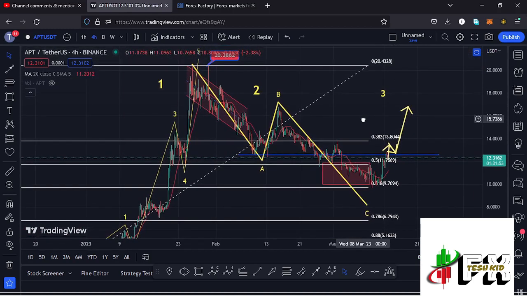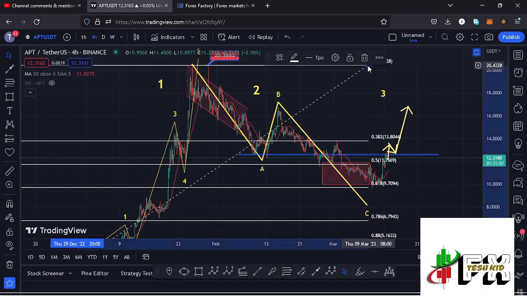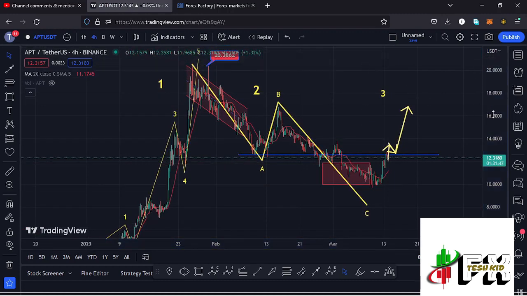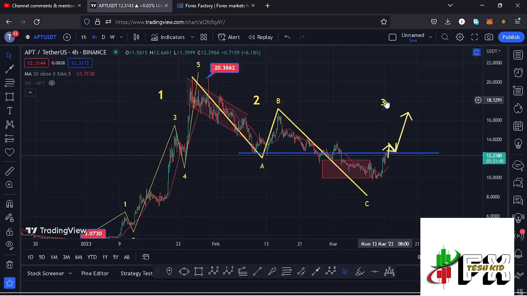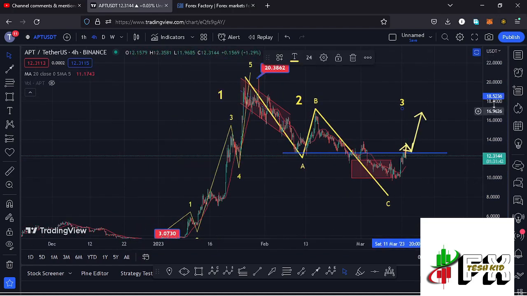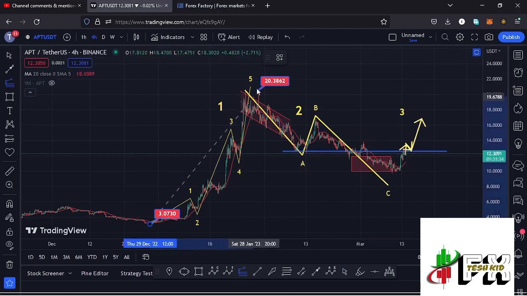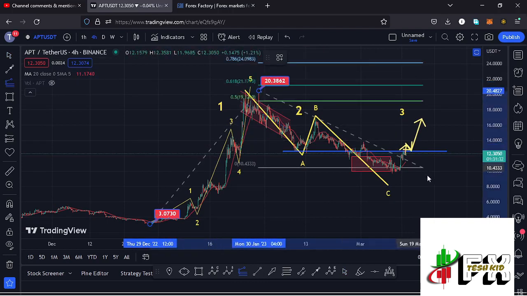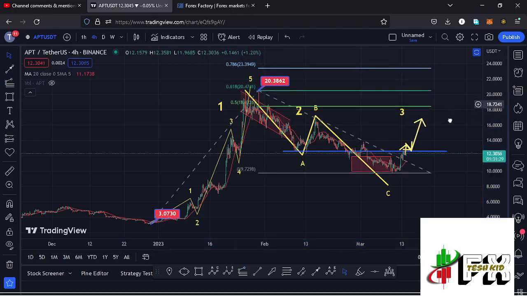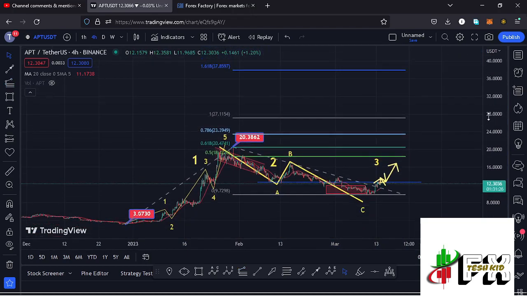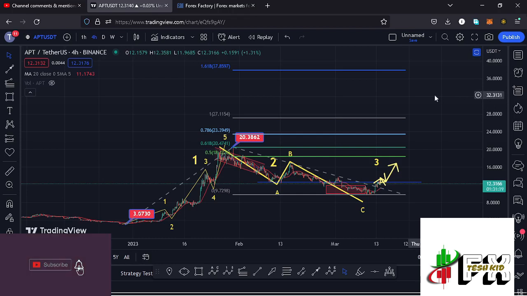And having fully maximized that target area, I now believe that we have bottomed out in the formation of that higher Elliot wave count 2, and whatever we are seeing at the moment is the start of this massive bounce to the upside in the formation of that wave 3, and sketching out a target area to the upside in the formation of that wave 3 by connecting the trend based Fibonacci from the low of the first wave to the high of that wave 1, then dragging the fibs to the low of the second wave. That gives me a minimum target area to the upper side in the formation of that larger Elliot wave count 3 at the fib level 1.618, and that is at around the $37.8597 mark,